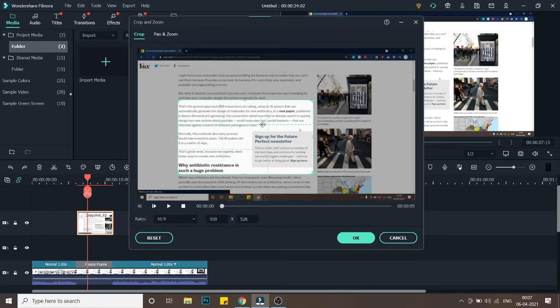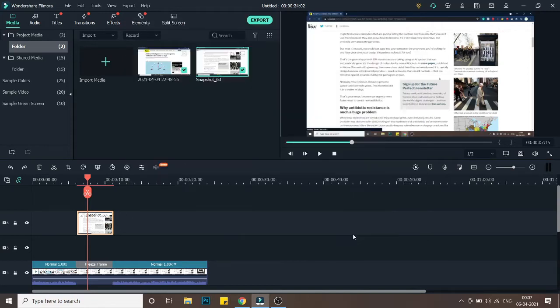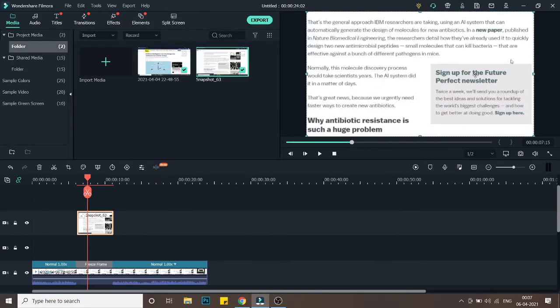This is the part of the article which I want to zoom in, and then I will be highlighting some part of the text from this paragraph. So let's click on OK. As you can see, this is a zoomed part, but I want the animation to happen where this part zooms in from that article.